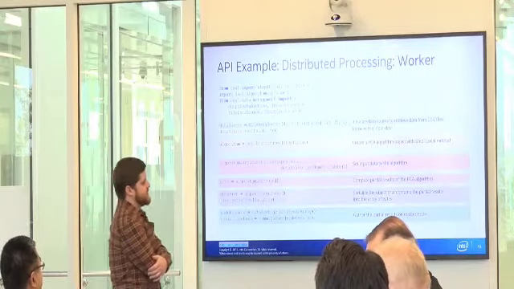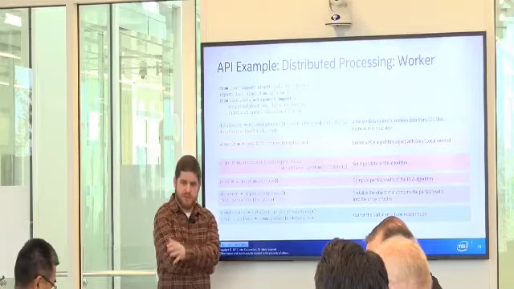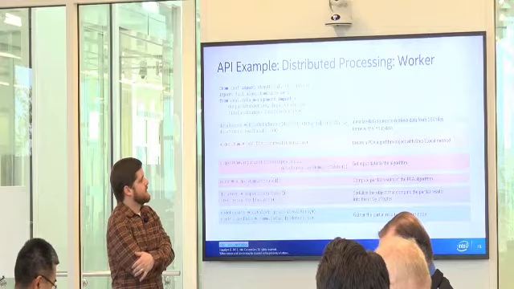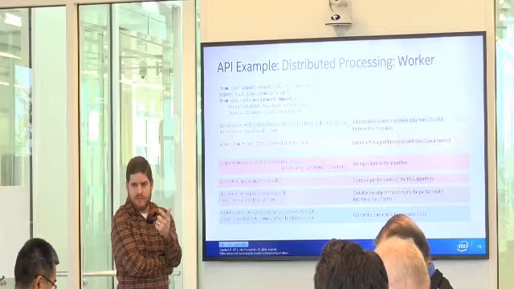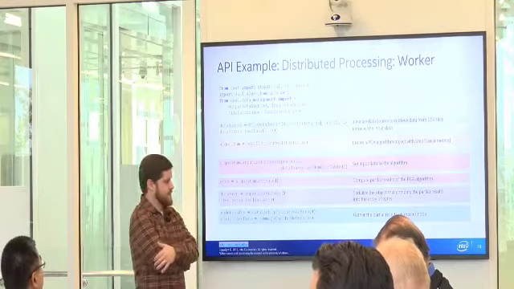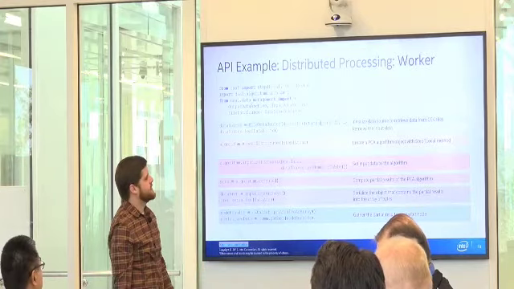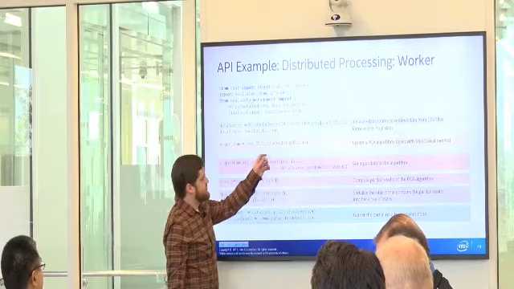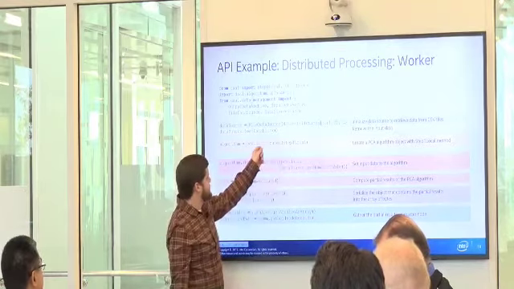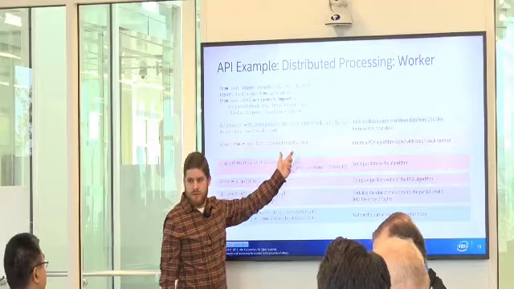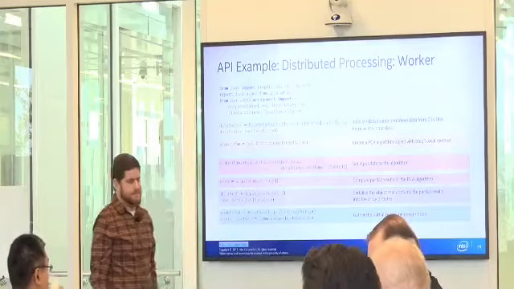So we'll look at this API again. It's the same story, works very similar to batch. You just have to load up the right object. There are two sides to a master-worker paradigm, if you've ever worked with distributed processing. So this is step one, the worker side. The way you tell DAAL you're doing that is you load up the distributed version of the algo and you pass the argument step one local. Local means worker. And then everything else is the same.